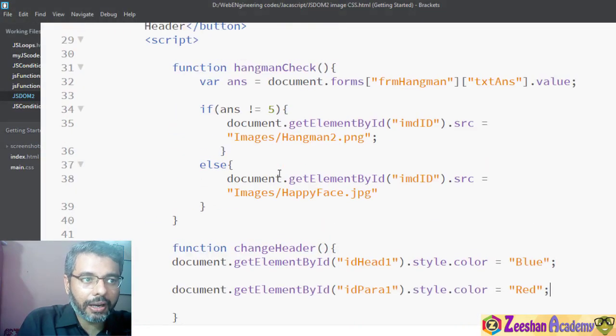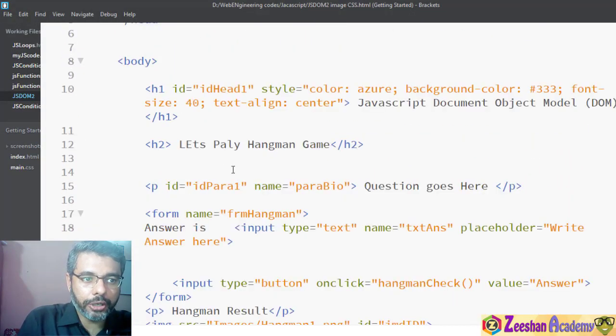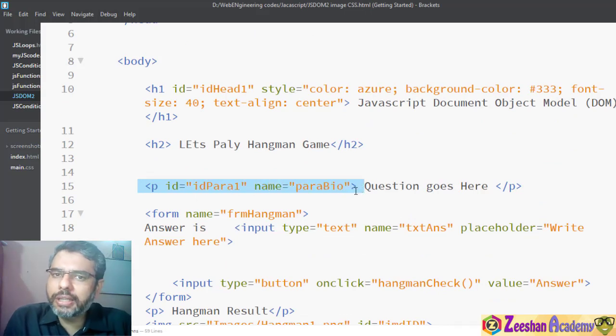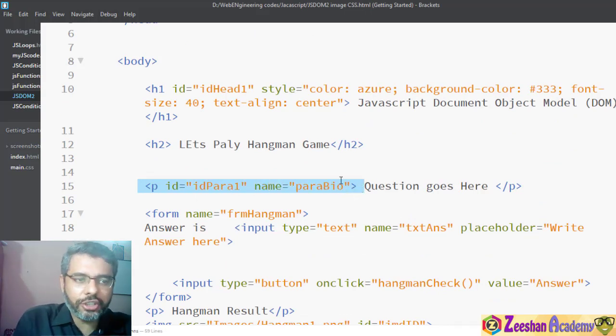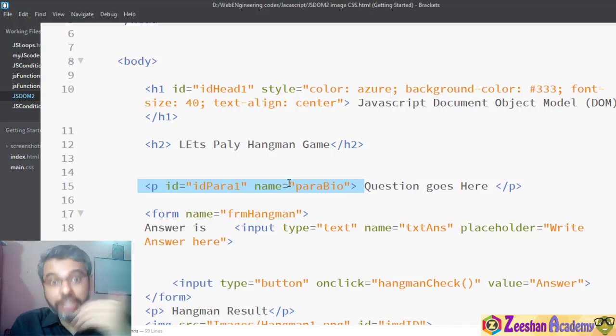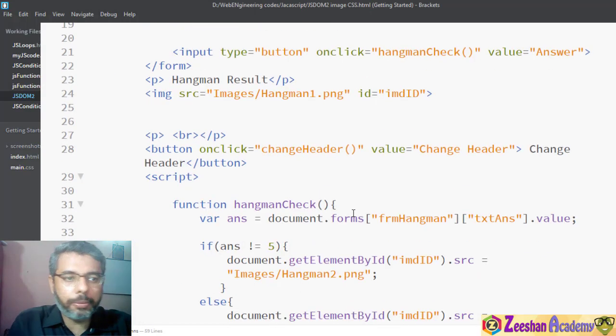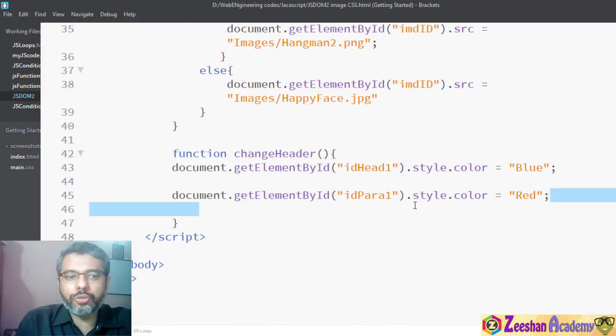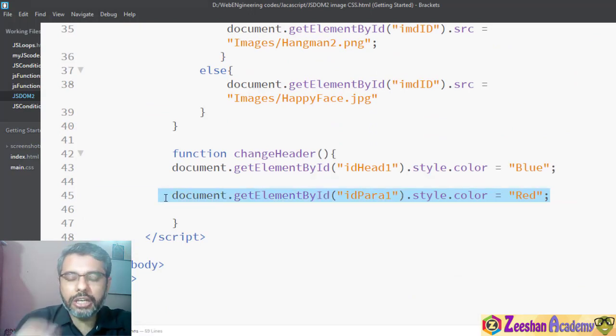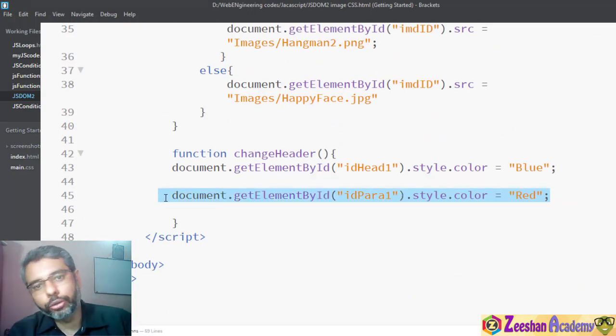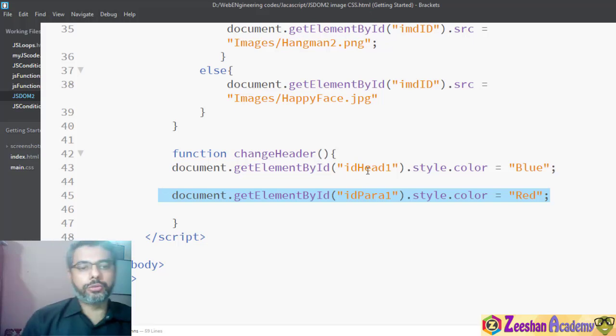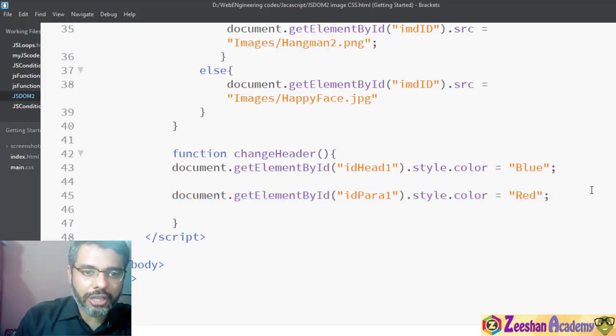Now this paragraph doesn't have any style tag associated with it at the moment. So if I come into this paragraph, I have not specified any style. So it's not necessary that you need to specify a style to change it later on. If there is no style available, still doesn't matter. What we are doing here is we are setting the property now. So if there is no value set, it will still set the value. So it won't go and check the value. So the style property, we can even change anything else we want.